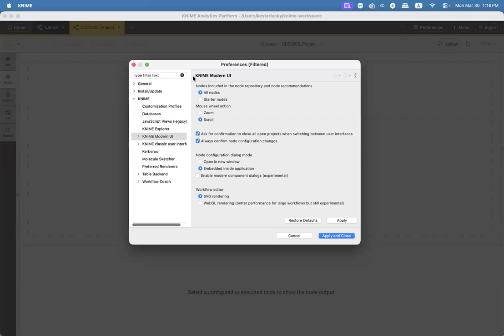And then under the KMine Modern UI tab, you need to select all nodes for nodes included in the node repository and node recommendation. See my mouse pointer. You need to select this one, otherwise you cannot access all the nodes necessary to do your project.